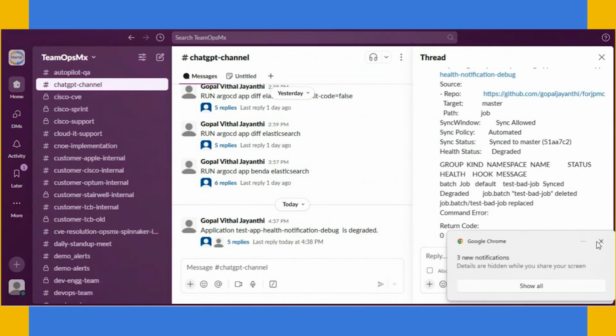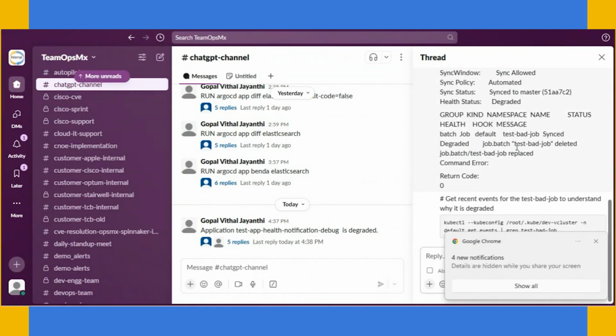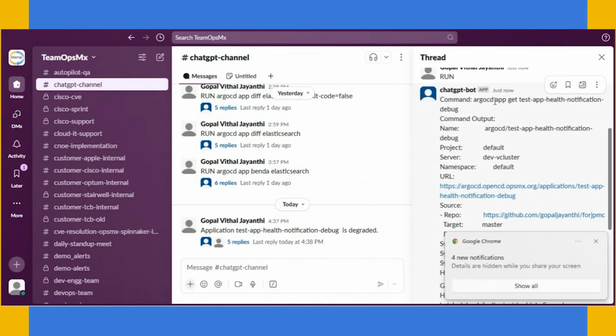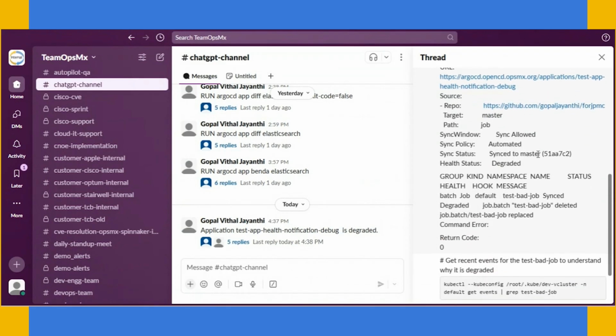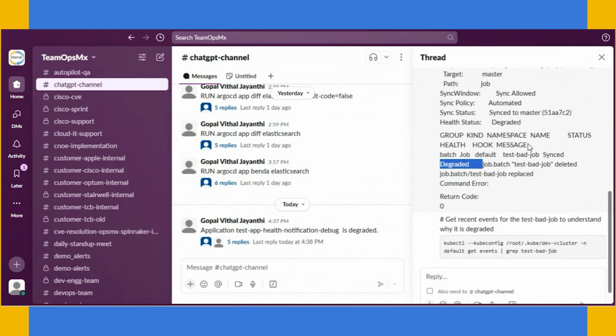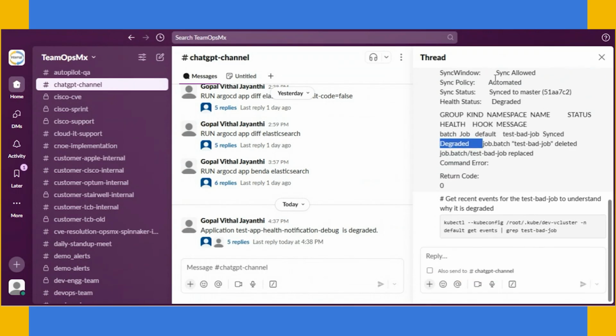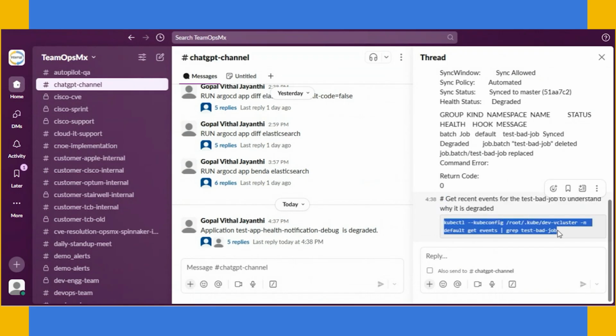there's an agent behind that runs commands, and it has run the command, which is getting the application. This is the application name. It is running in this cluster, and it's saying that there is a job, and the job is degraded. So that's what that command has discovered. Now, after seeing this output, the LLM has given new comments and a new command. The new comment says to get the recent events